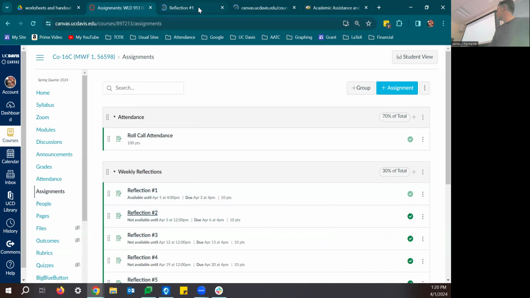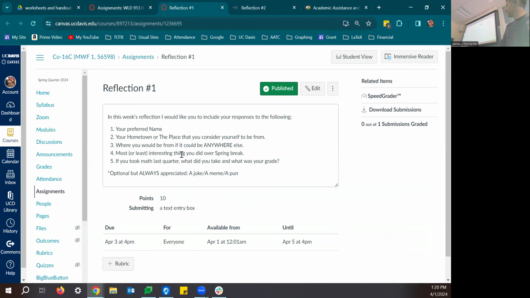So the first reflection, I'm just asking you what's your name? Where are you from? Maybe something interesting, maybe a joke. You don't have to tell me a joke, I just like jokes. Usually some sort of not mathy important question just to get to know you a little bit better. Since I do a lot of the talking and you do not, this is the way, and I usually will read all of these. Sometimes I respond and say, oh, tell me more about this. But mostly I just think, oh, this is kind of neat.